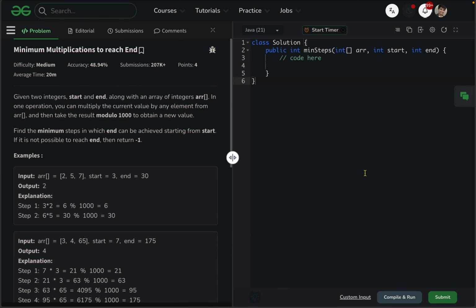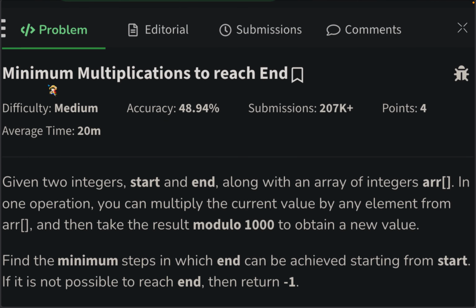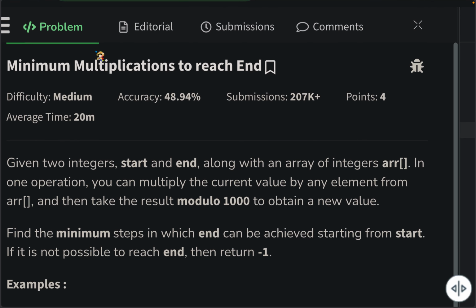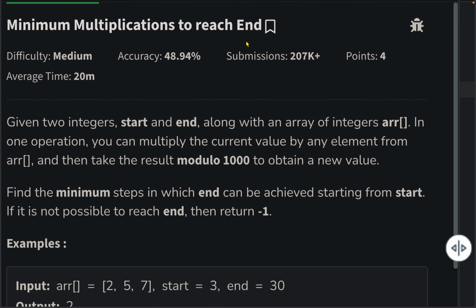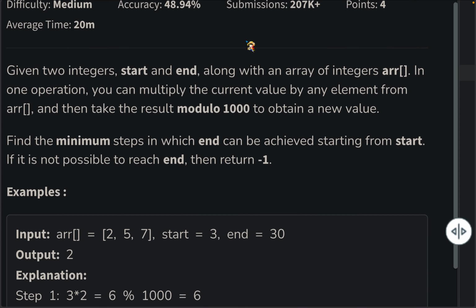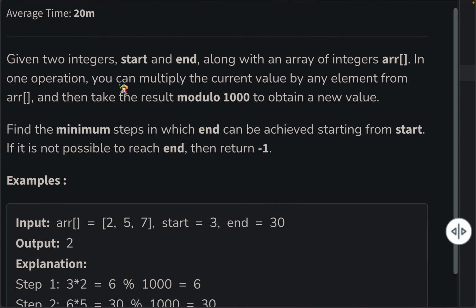Everyone, and today we will be seeing one of the problems from Geeks for Geeks. It says minimum multiplications to reach end. Now the problem is pretty simple: we are given two integers, start and end, along with an array of integers ARR. In one operation you can multiply the current value by any element from the array,